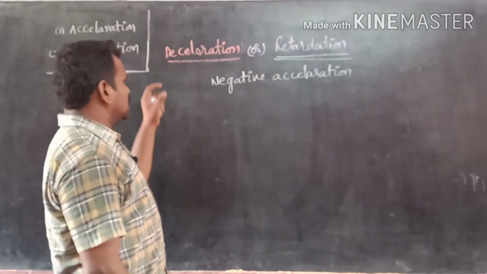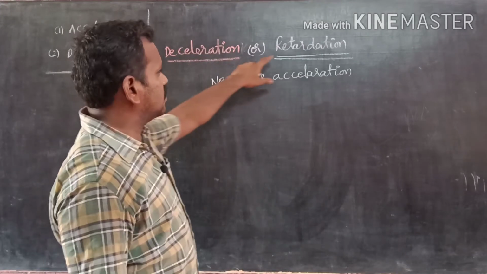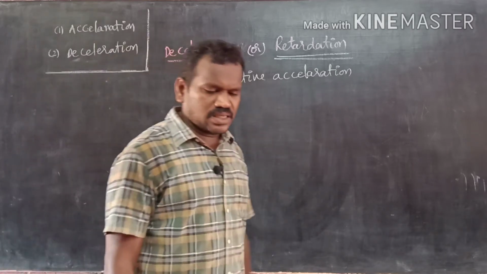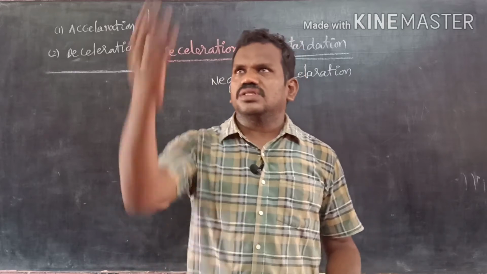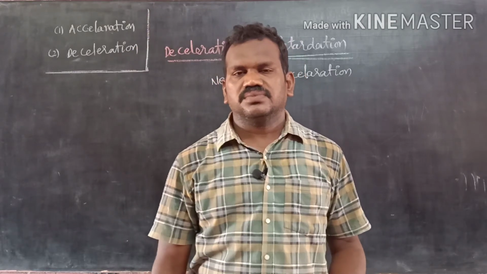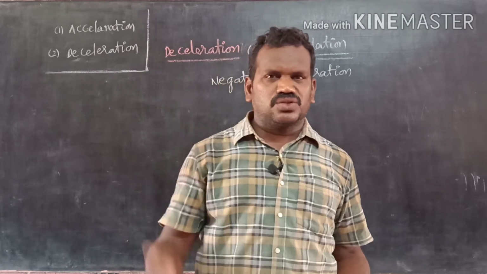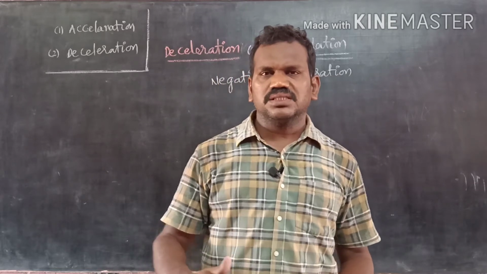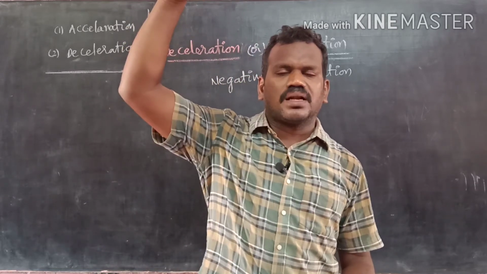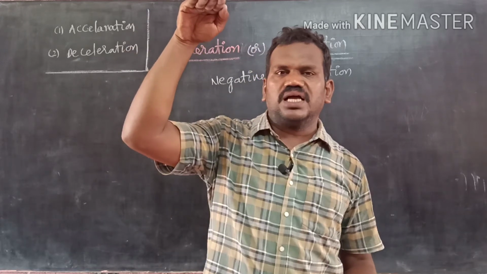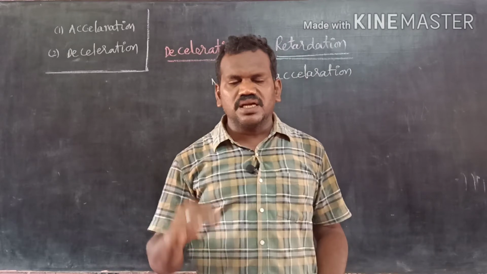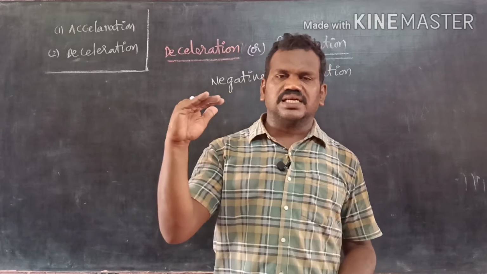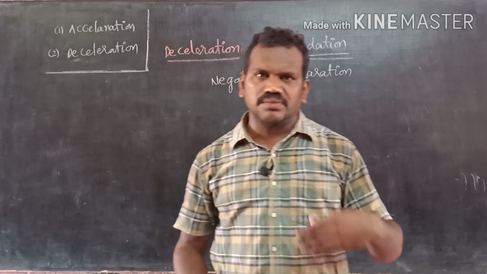Now, what is deceleration, or otherwise retardation? Till now we discussed acceleration. Generally, a ball is there. You throw the ball in the upward direction. Whatever speed we threw it up with, it does not maintain the same speed. Why? Because as it moves towards the higher altitudes, the speed of the ball gradually decreases and it comes to rest at a particular place, and again it comes down.